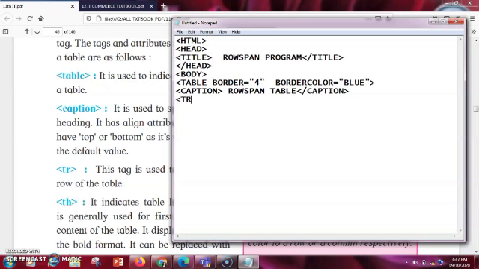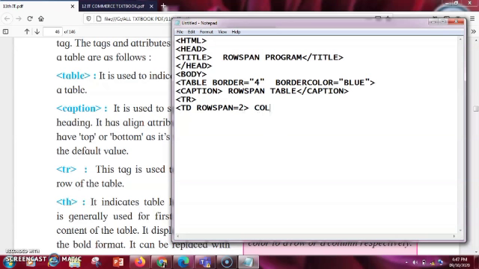So let us start with the first row, that is the TR tag. Then I'll enter the TD tag. As we know, we can use row span and column span only in the TH and TD tags. So first I'm going to start with the TD tag. I'll write rowspan equals 2. So I'm going to merge 2 rows.